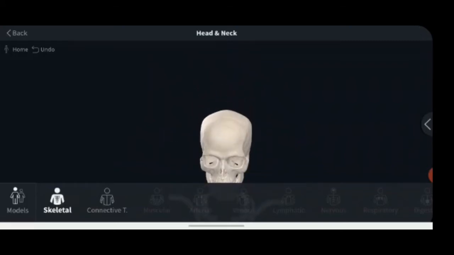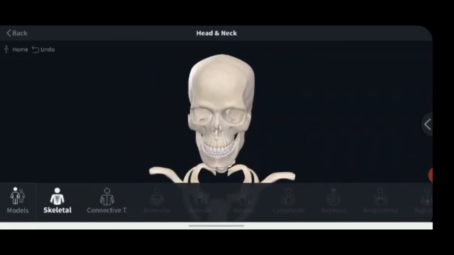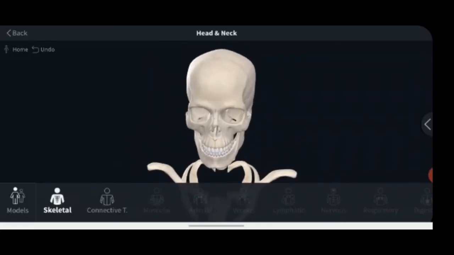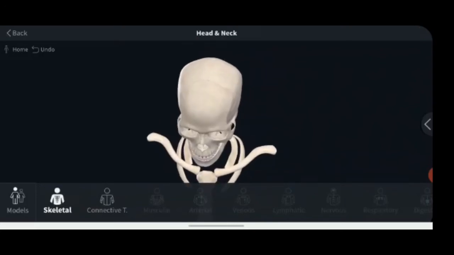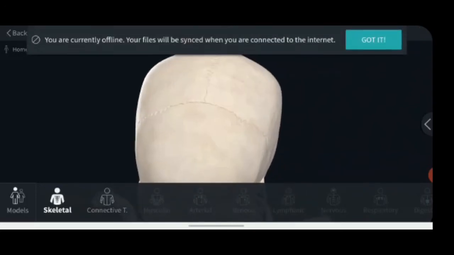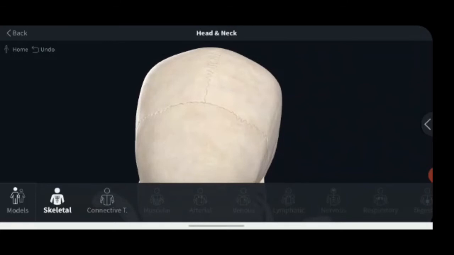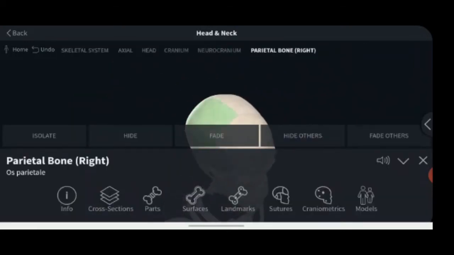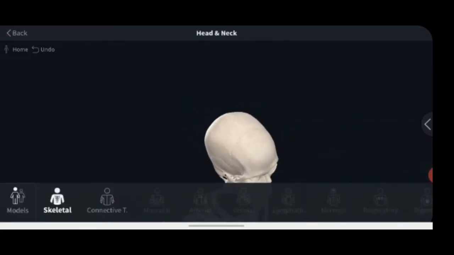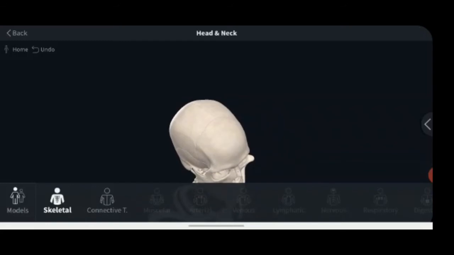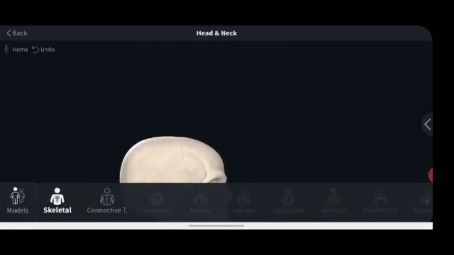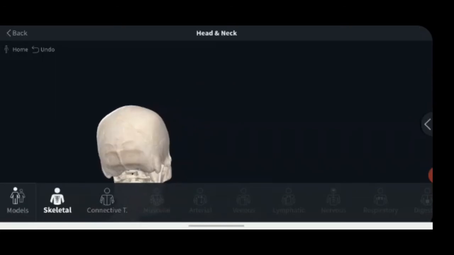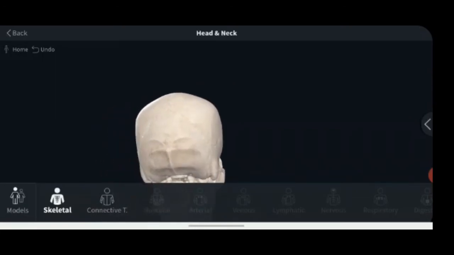So these are the deformities of the ossification of the sutures. The meeting points between these sutures we will learn. The meeting point between the coronal and sagittal sutures is known as the bregma, and the meeting point between the sagittal and the lambdoid sutures, at the occipital and the parietal bones, will be called lambda.